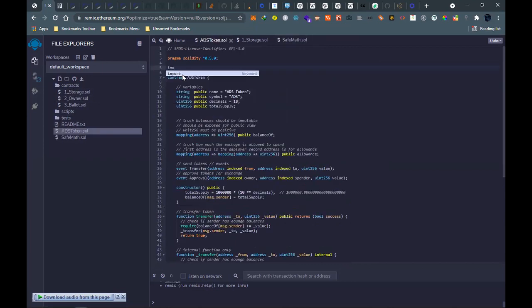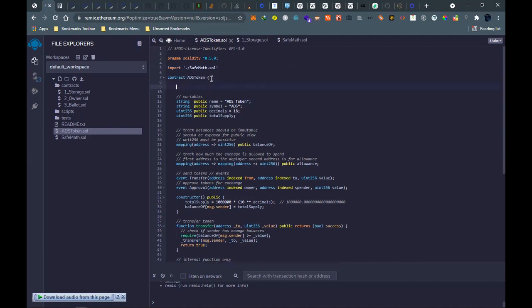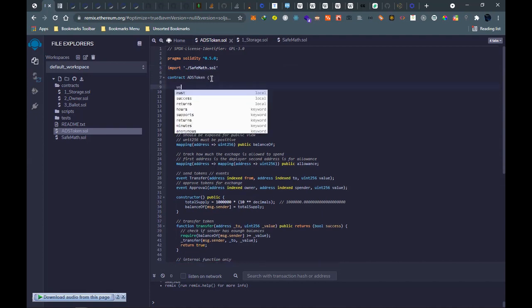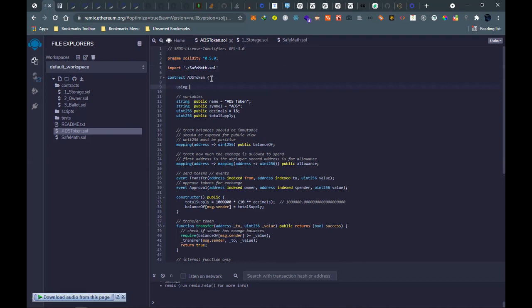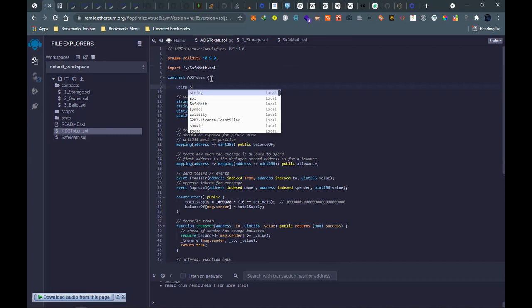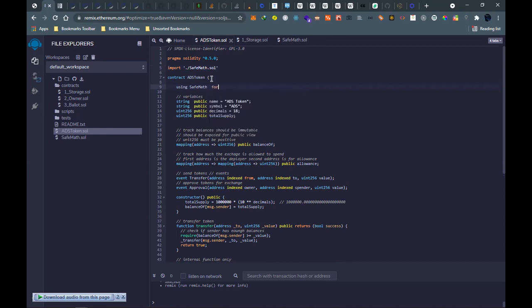So after that, we will do the import. Remember how we did the import and contract inheritance. So we import SafeMath, and then with a forward slash, and then using SafeMath for uint, for integers only.